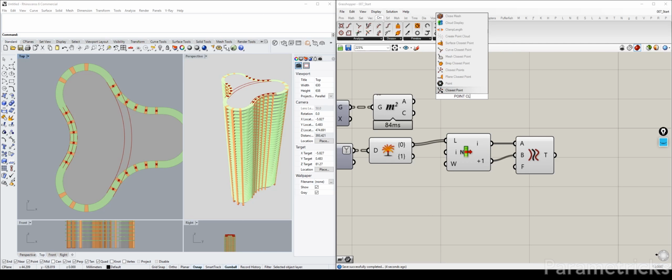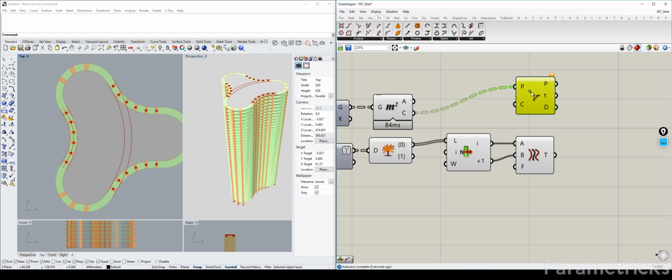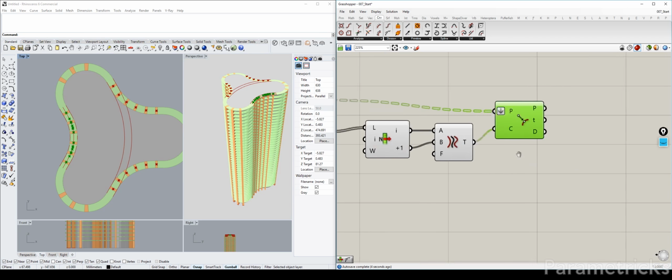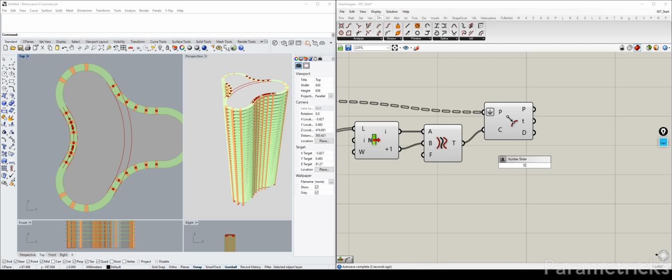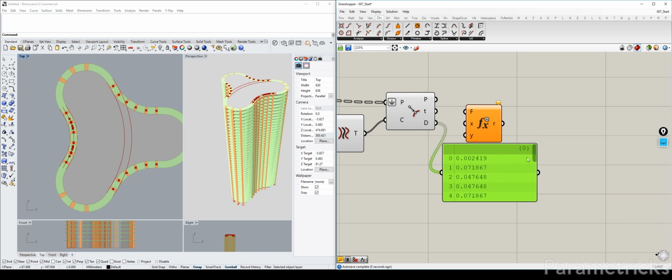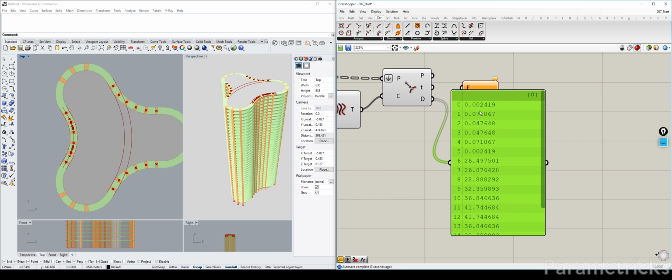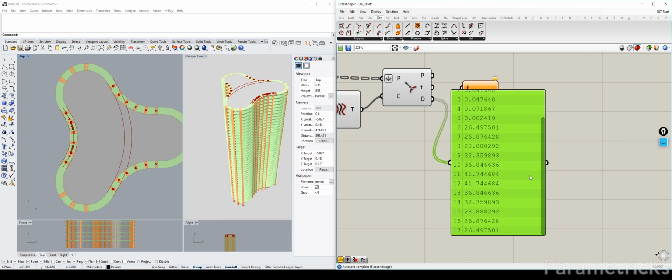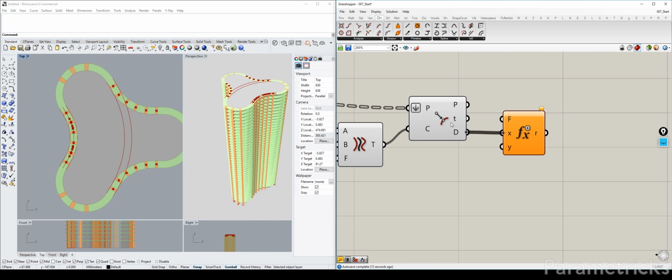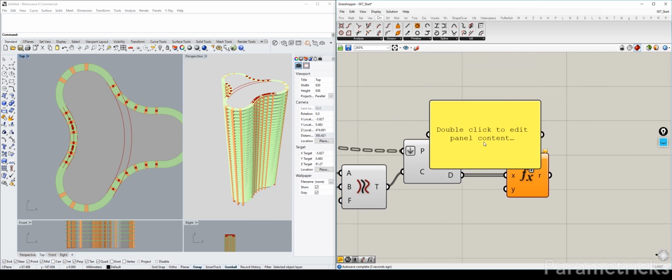Let's do point closest to curve, this one. We're gonna grab all our points. We are going to flatten them because we want them all to be evaluated to this curve. And then we can do an evaluation. And within this evaluation, we can have a look at the d, which is the distance. So as you can see, there are a lot that are almost close to 0, and the rest is obviously not close to 0. So we're gonna plug the d into the x, and then we're gonna make our expression